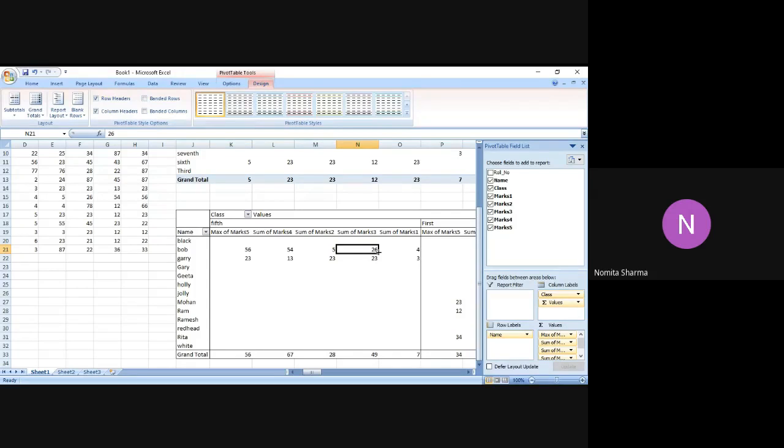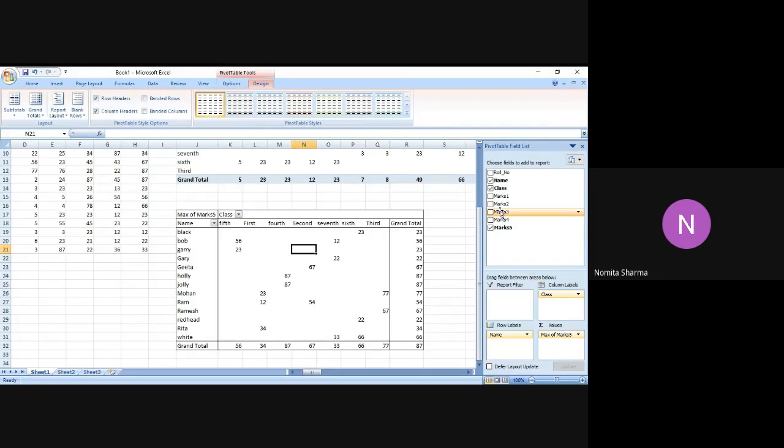But the point I'm trying to tell you is that when you go to the value section, you can very easily select the kind of processing that you want to do in the pivot table. But as a norm, we always prefer to do it in a separate table, just to have better analysis of the table.